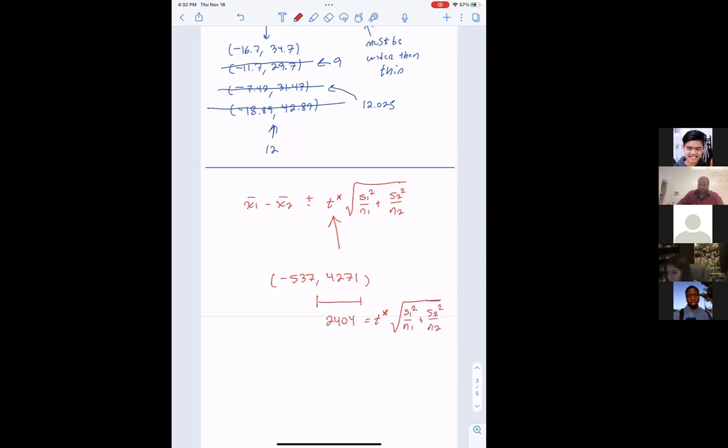Since I know what that is, I can calculate it. It's 7460 squared over 56 plus 7871 squared also over 56 and then square rooted. This becomes T star times